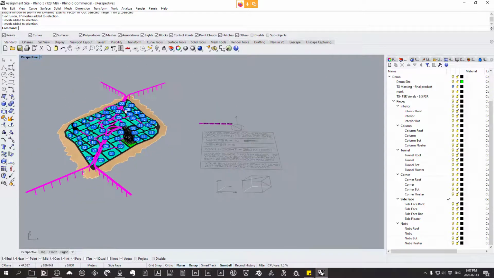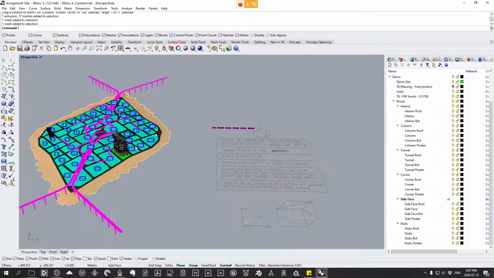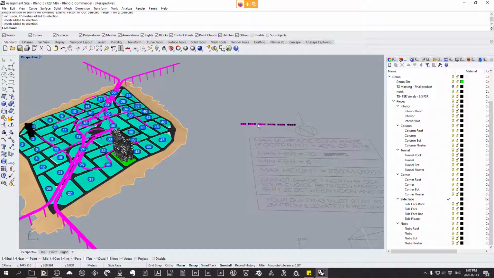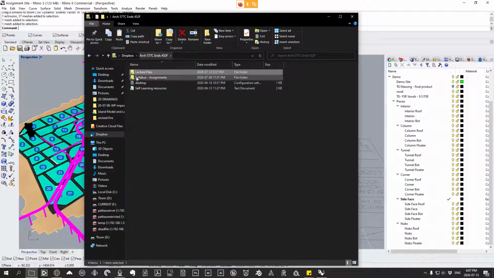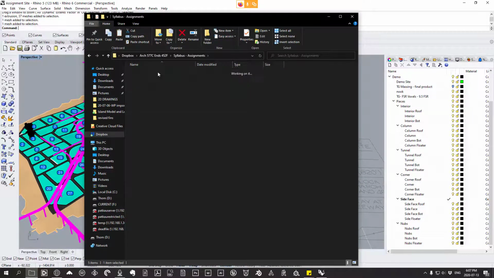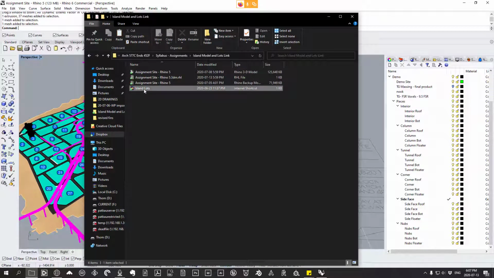I'm going to take you through one or two examples of what we'll do, because I understand that what we're doing here may not be the most clear right now. And then afterwards we're going to break out into groups, and you are going to try to classify some of these voxels by yourself in a group. So if you go to the Dropbox and in the syllabus assignments, island model and lots link, there is an islands lot link, of course,